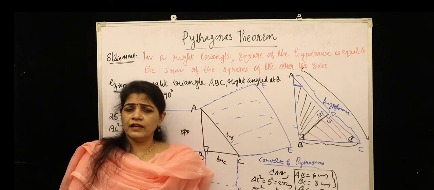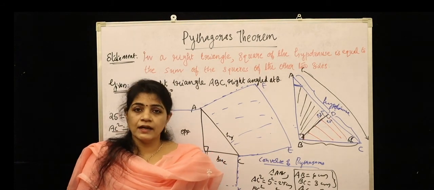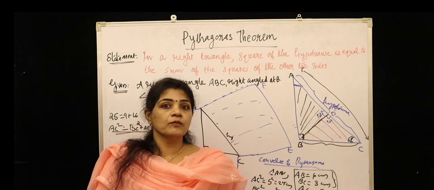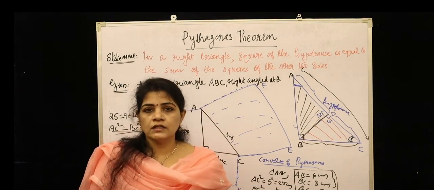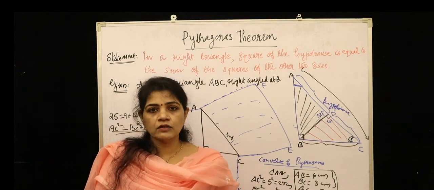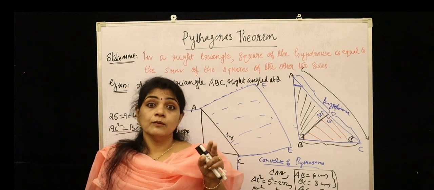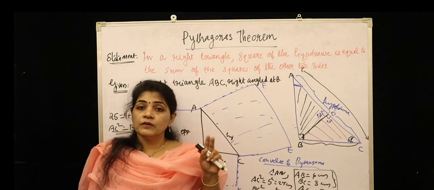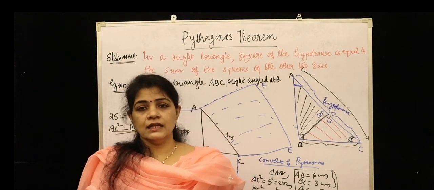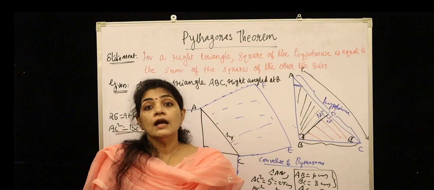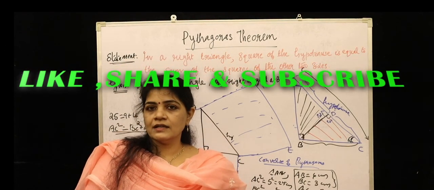Okay, so many very important results we have discussed through this video. First, we have proved the similarity criteria. Using the similarity criteria we have proved the Pythagoras theorem, and the converse of Pythagoras theorem, and we also discussed its application. And the very important result: the perpendicular drawn from the vertex of the right angle of a right triangle to its hypotenuse divides it into right triangles on both sides of the perpendicular that are similar to the whole triangle as well as similar to each other.